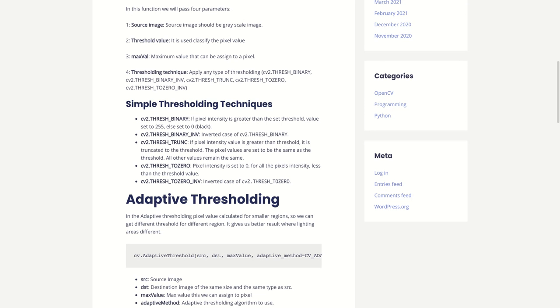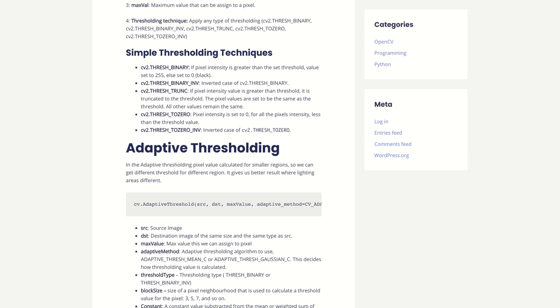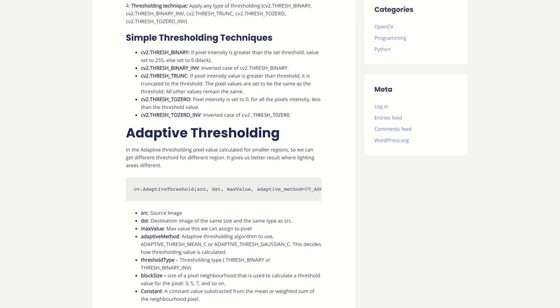Another one is adaptive thresholding. Basically, in the real world, we cannot change our image into just black or white with one threshold value. We need multiple thresholds according to the image's pixels. So we are using adaptive threshold for that. Adaptive threshold is actually much better than simple thresholding.